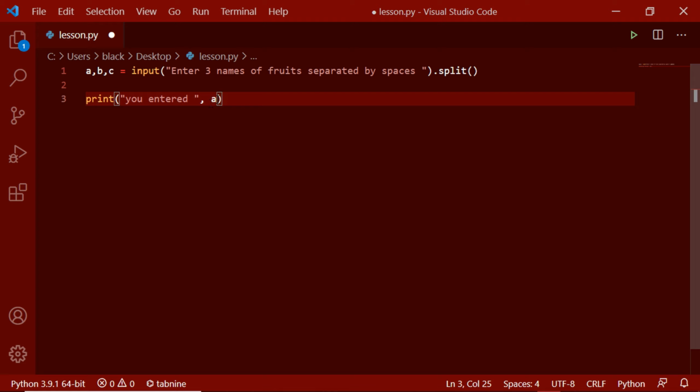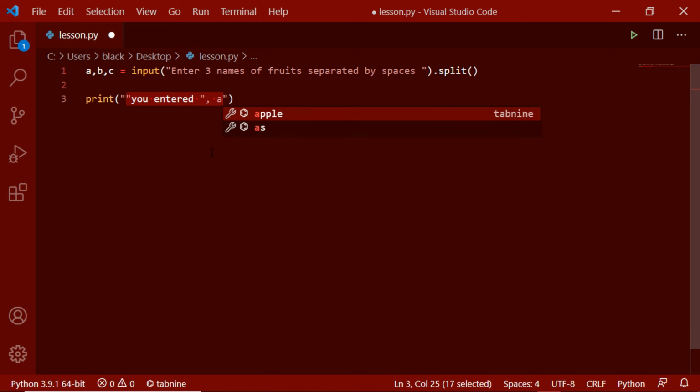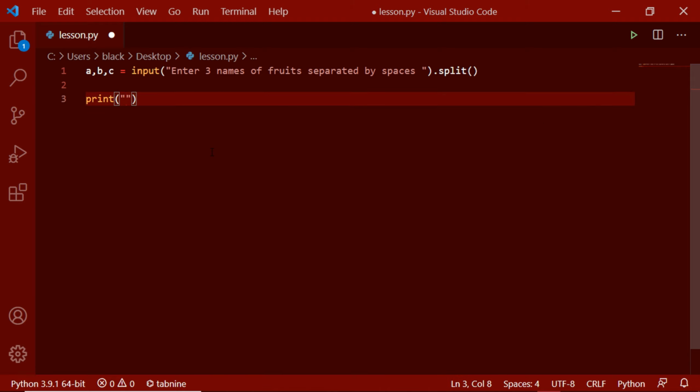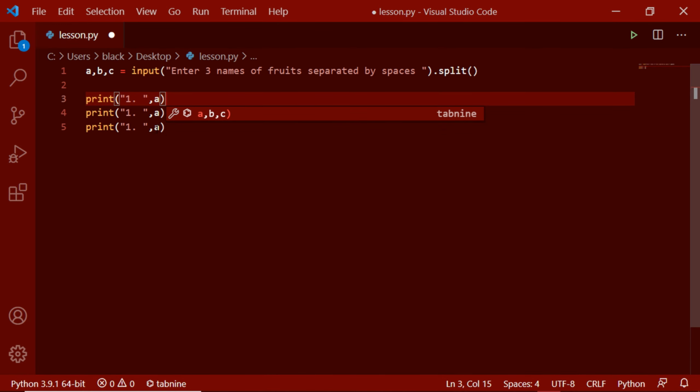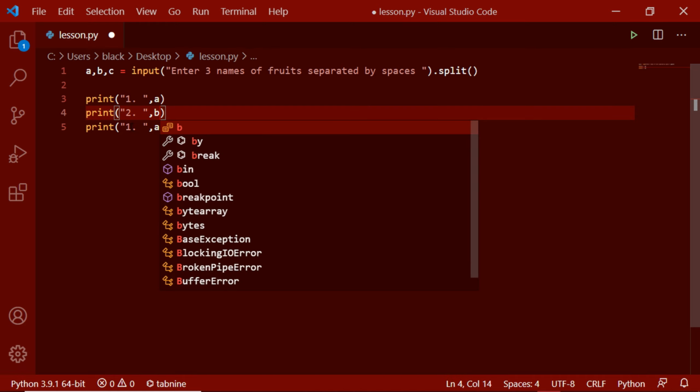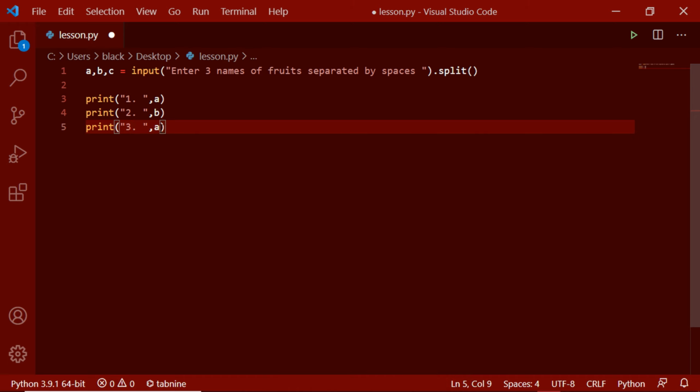Before we run this program, we have to change this print function. Here I'm going to make the output a list. Here I give a, and after that I give 2 to b, and 3 to the third name.